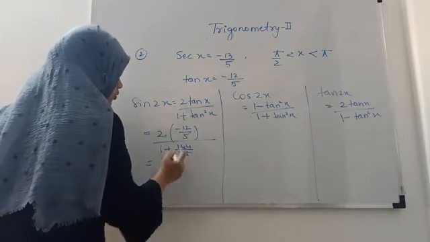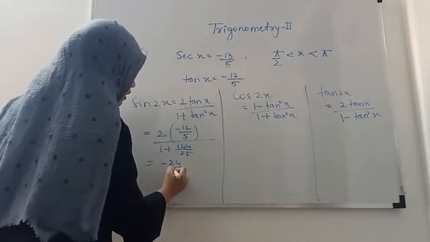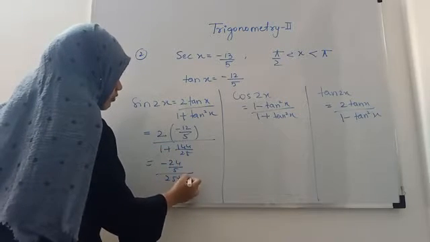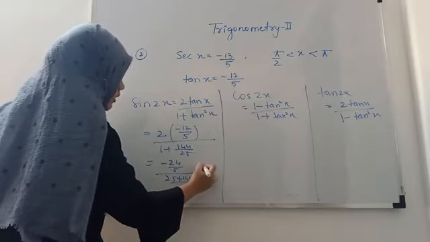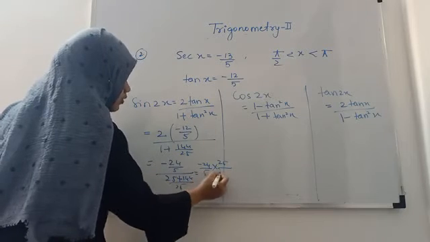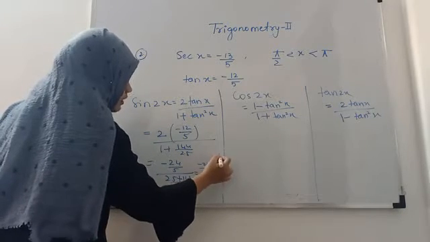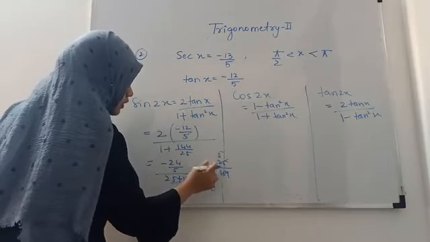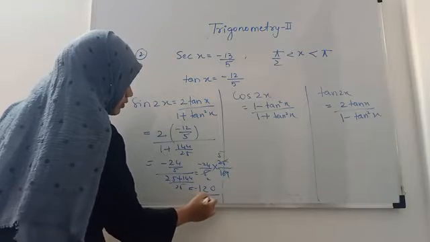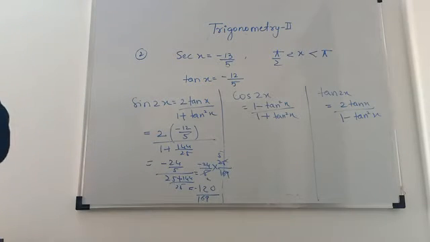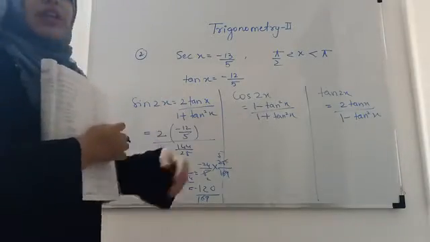So here it is 2 into 12 is minus 24 divided by 5, divided by 25 plus 144 divided by 25. So this is minus 24 upon 5 and this term will go into multiplication, 25 upon 169. So this 5 and this 25 cancel. So here it is 5 times minus 24, minus 120 upon 169. Okay, minus 120 upon 169 is the answer for that sin 2x. Similarly, we will find out for this.